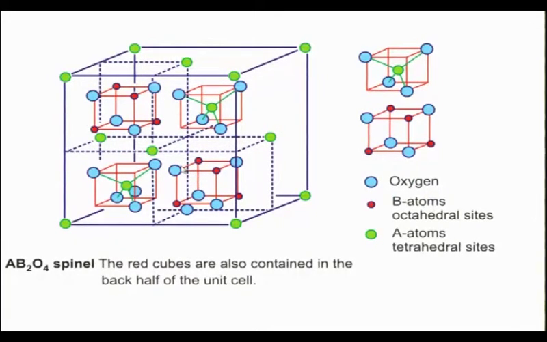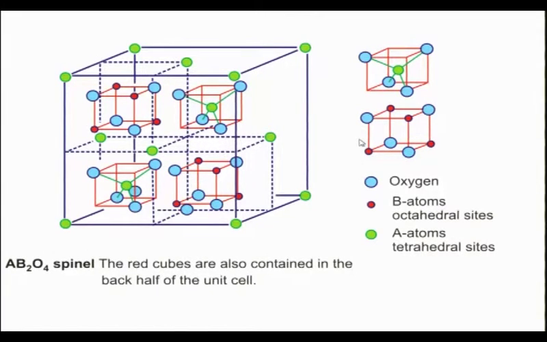Now since it has an FCC symmetry, the FCC lattice is made by cations and anions both, only then it is an FCC lattice. Here you can see the lattice is drawn in such a manner that lattice corners are put on the A atoms. This is for AB2O4 normal spinel. So, A atoms occupy the tetrahedral sites, and you can also build an FCC lattice based on that, and the B atoms go to octahedral sites, and oxygen are the anions. So, this is the tetrahedral coordination where each A atom is surrounded by 4 oxygen atoms, and this is the